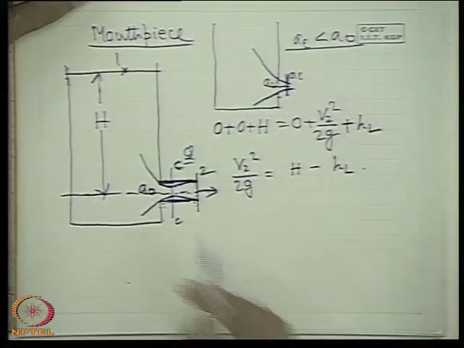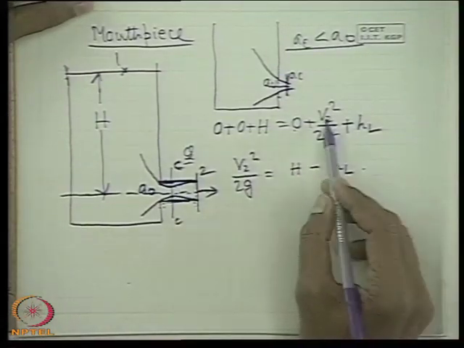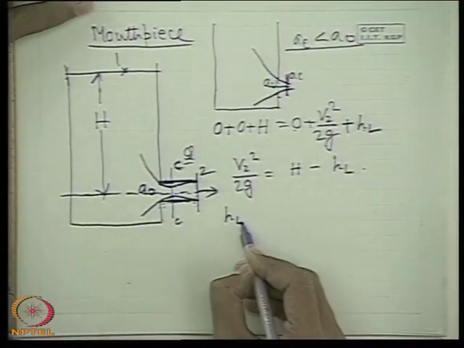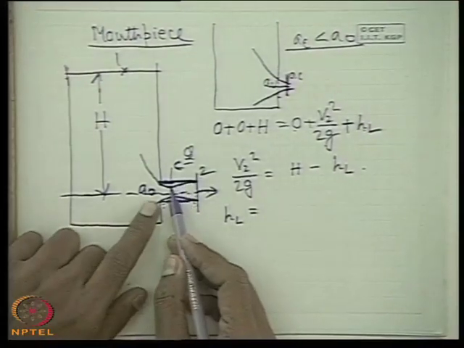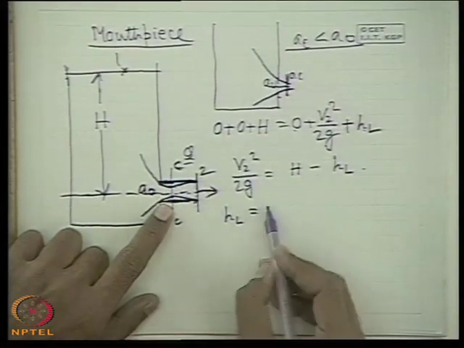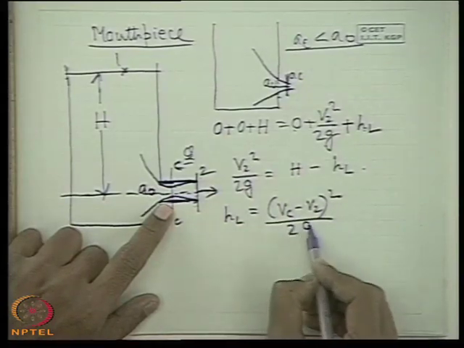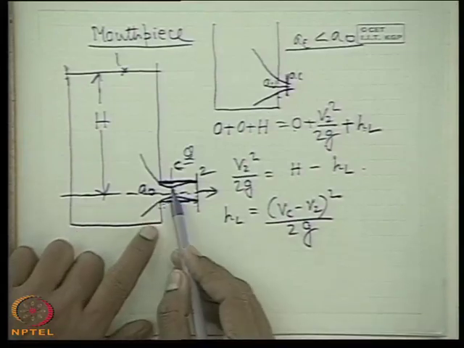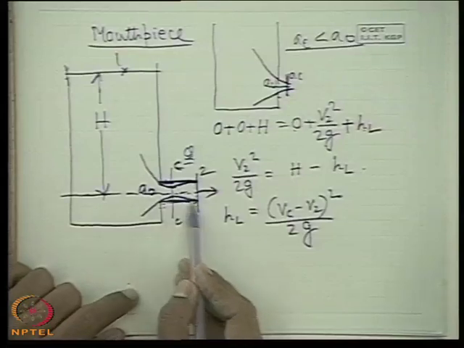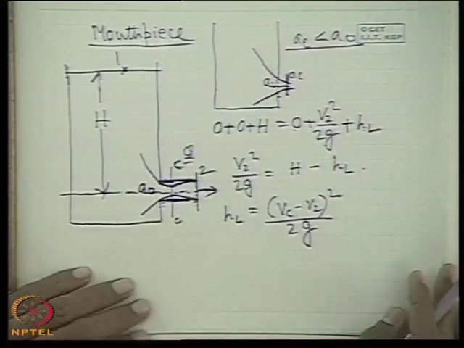All right. So what is HL? Now you tell me, what is HL? So 0 plus V2 square by 2G plus HL. If you recall, HL is due to the contraction. Actually the contraction loss is due to the expansion itself. I told it repeatedly, and this is nothing but Vc minus V2 whole square by 2G. We have deduced it earlier that it is the loss due to expansion, not due to contraction. After contraction, when the stream tube expands, it is just the loss due to expansion of the stream tube. That means Vc minus V2 by 2G whole square.